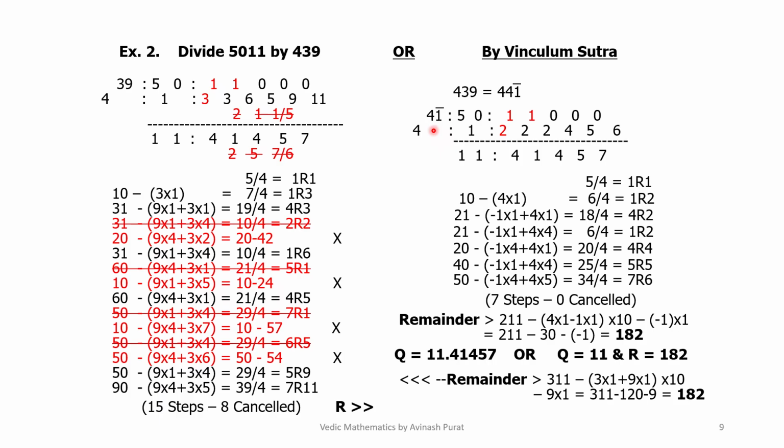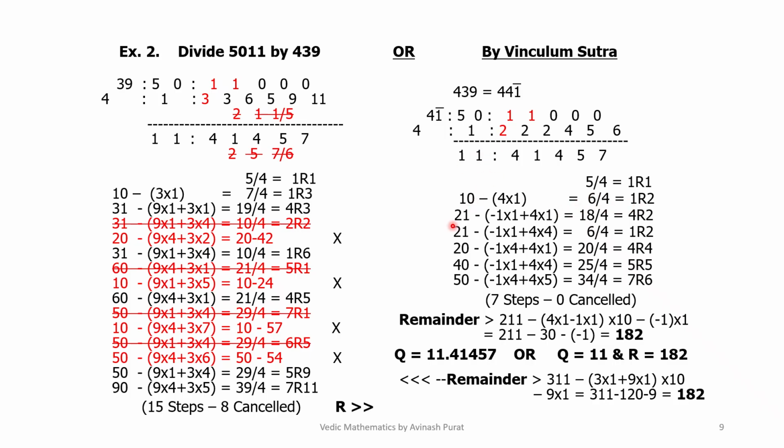So 4 bar 1 being 2 digits, 11 also is taken after decimal point. Now 5 divided by 4 equal to 1 quotient and 1 remainder. Now 10 minus 4 into 1, that is 6 divided by 4 equal to 1 and